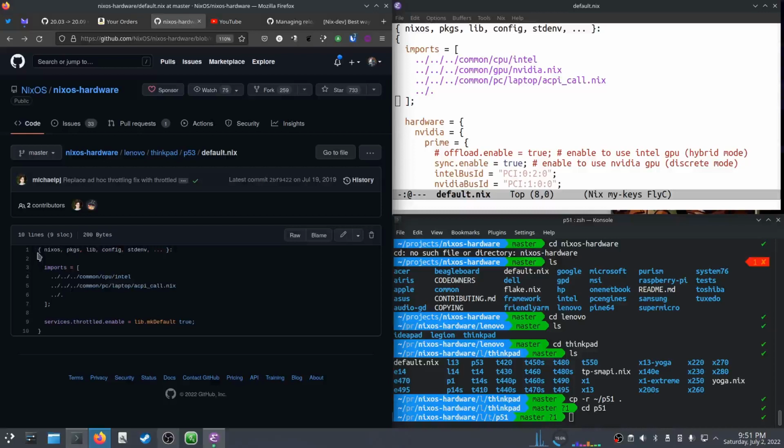And what he claims about a P53 is we know it has a CPU, an Intel CPU. We know it has ACPI call, which is true. And we know it's a ThinkPad. That's what this little dot/dot means. And then this is a workaround for some bug that is present in the fan, I guess it's in the CPU firmware, might be in the CPU itself,